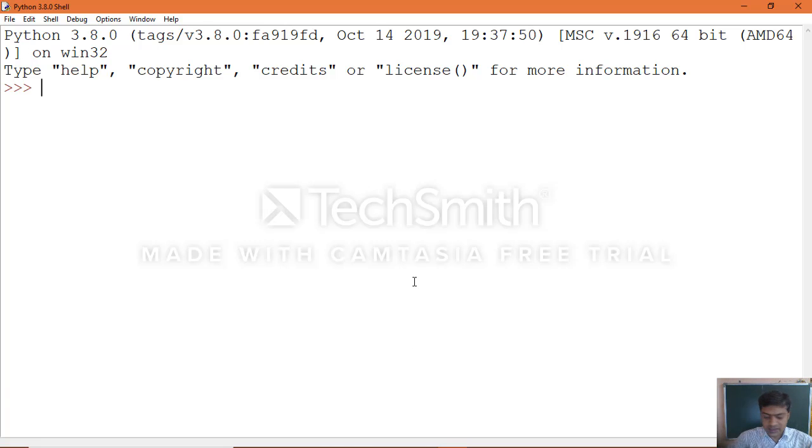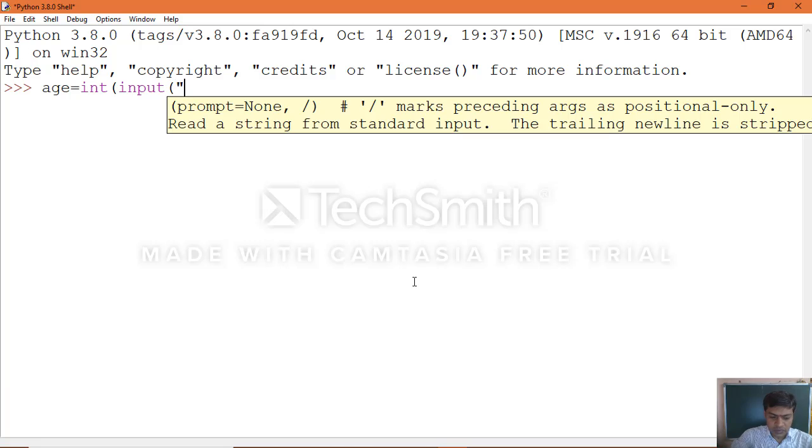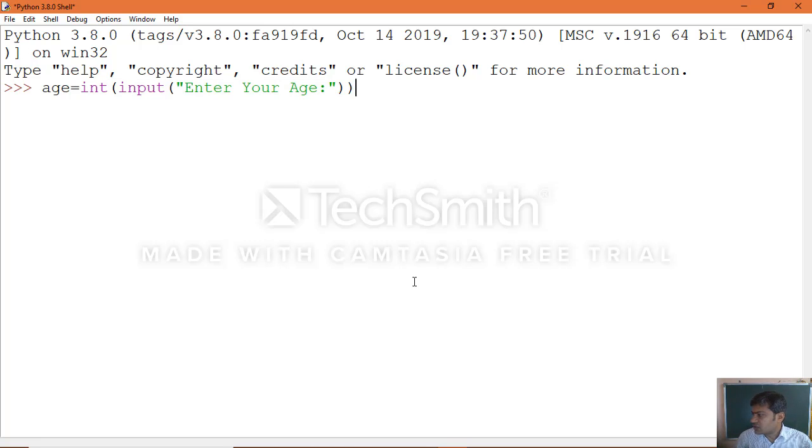So, one of the examples given in the textbook: age equal to int of input of "Enter your age". Once you execute this statement, it will ask you for your age, and then you can check the condition.